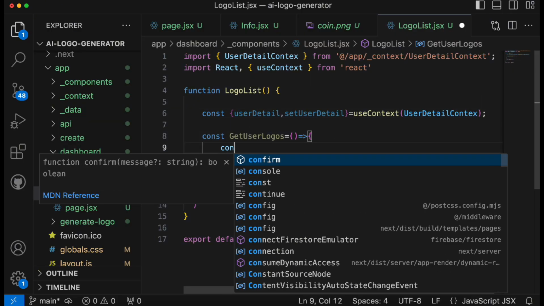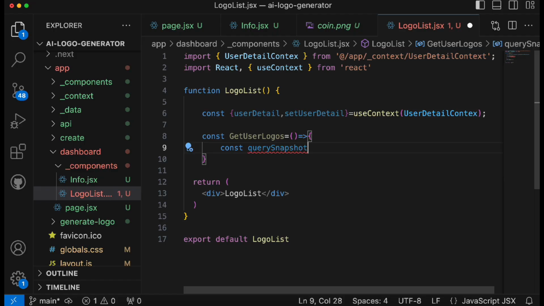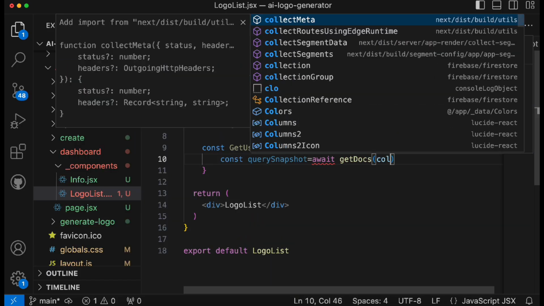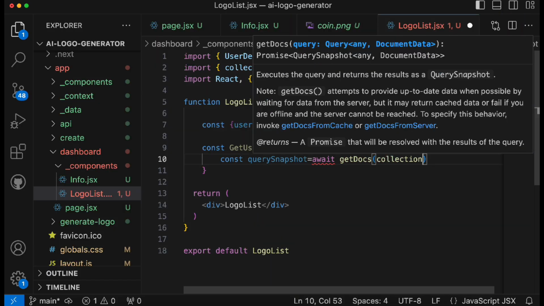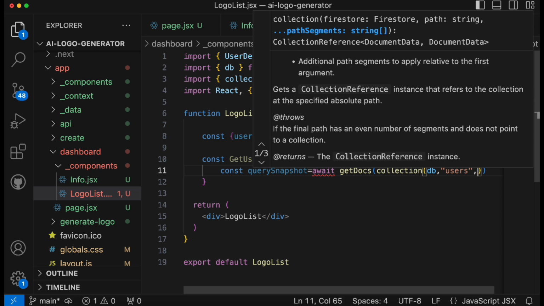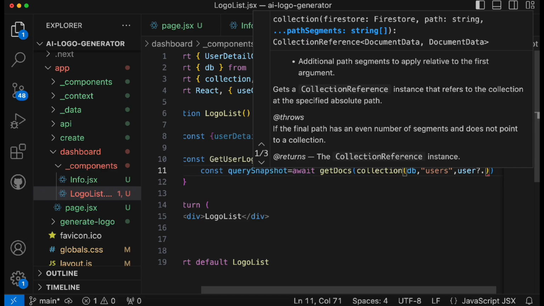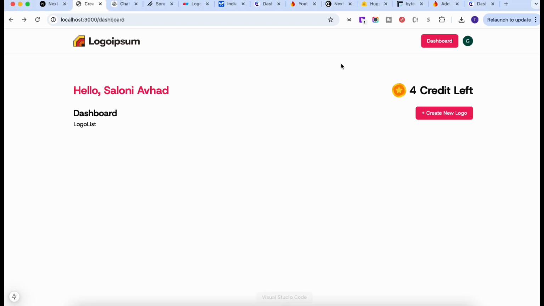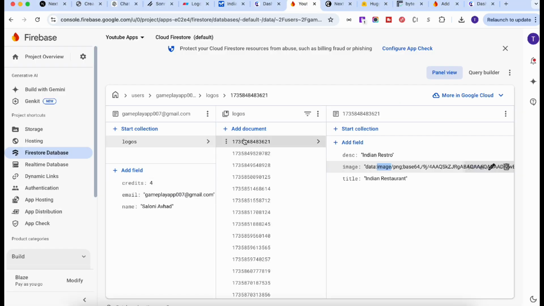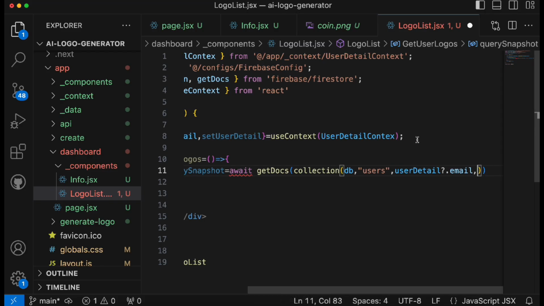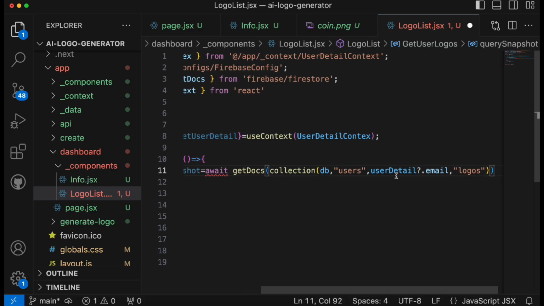After this, over here we call constant query snapshot, and we need to write a query. So over here we'll say await get docs, because we want to fetch multiple documents from the collection. So with that collection name we can write, and then the DB reference. Then we need to provide the collection name, which is users. After that we need to provide a document name, which is nothing but the user email. So user detail dot email. Then we need to add a sub collection. So over here, if you remember, we have the collection, and then again we have the sub collection, right, which is the logo. So that sub collection name called logos, and that's all,